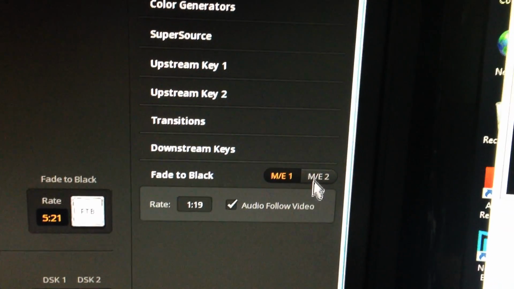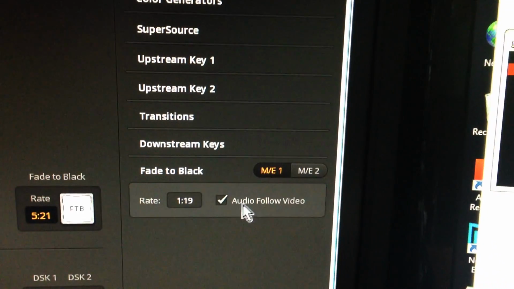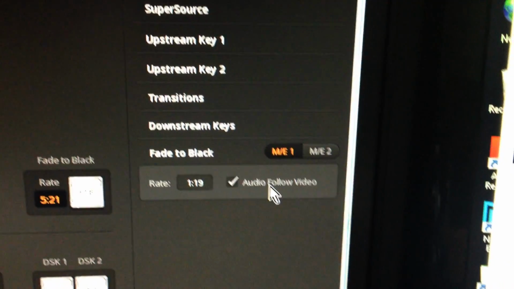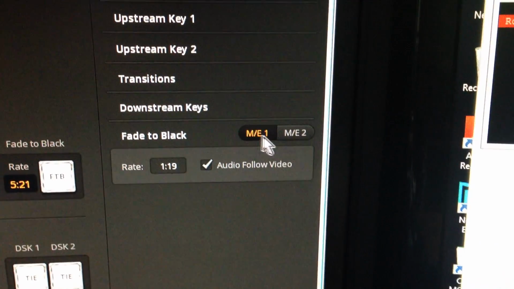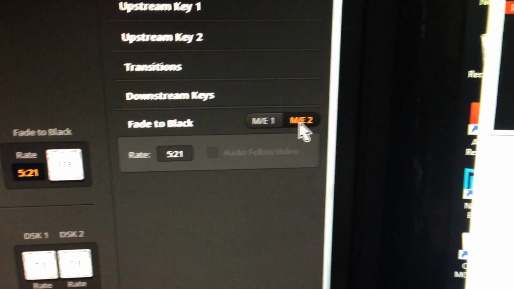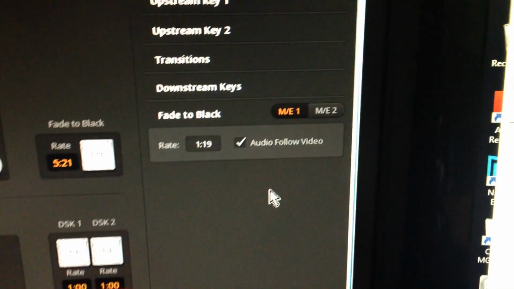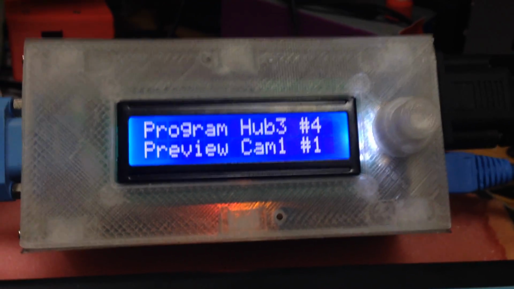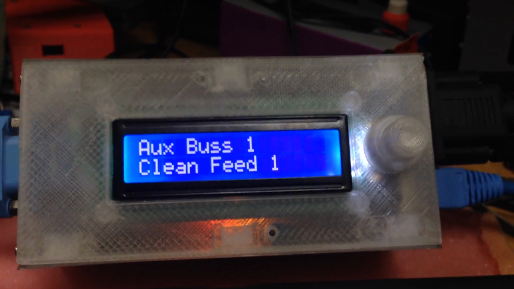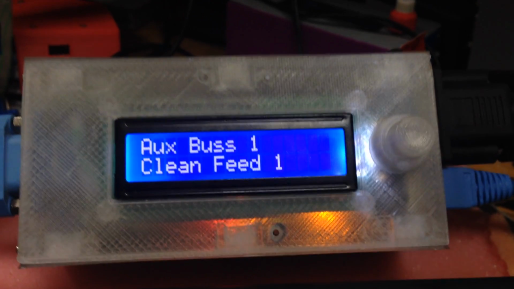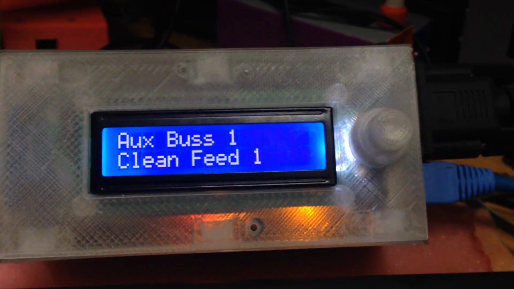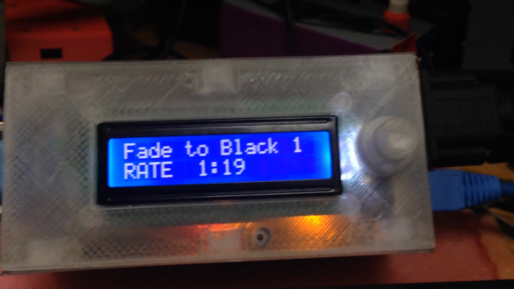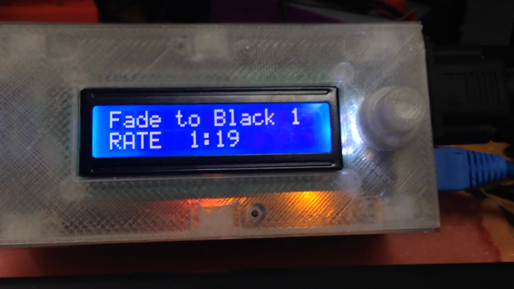but there are controls for ME1 and ME2 fade to black, including the ability to allow audio to fade out when you fade ME1 in and out. ME2 doesn't have the control for that, but ME1 does. So here we're going to go into the palette mode by pushing the menu button as seen in the last video, and it will always return back to the last item that we selected, which in this case was controlling aux buses. I'm just going to go back to the fade to black menu item, and here we can then